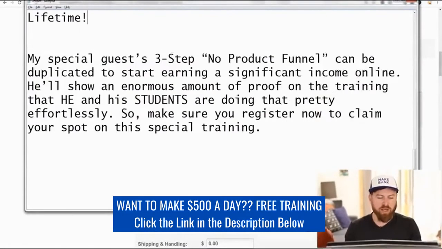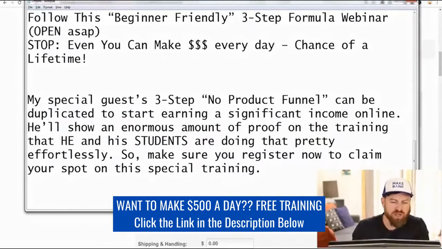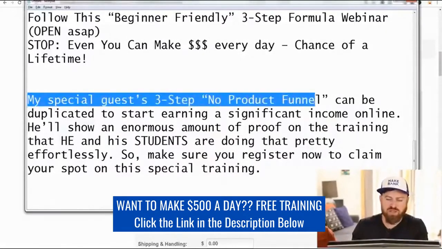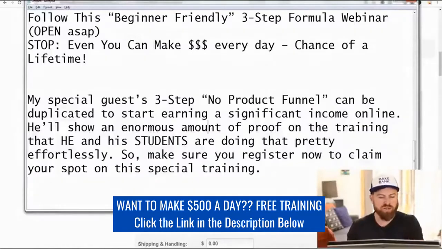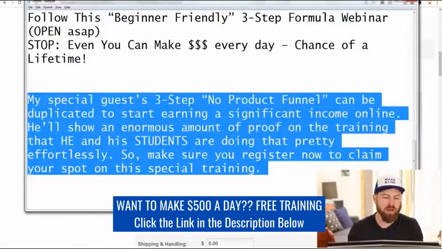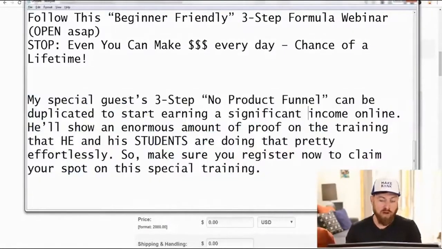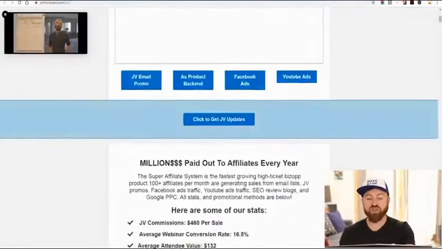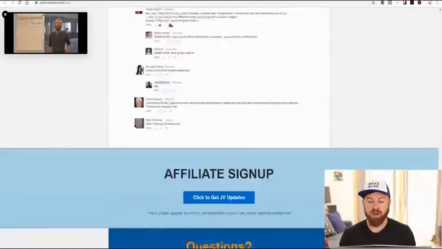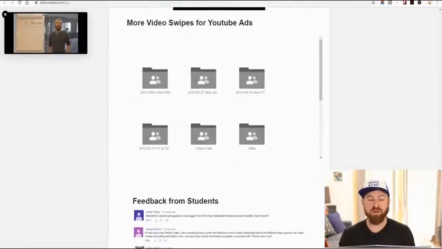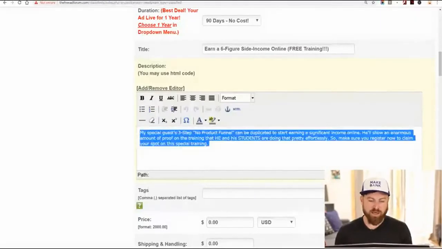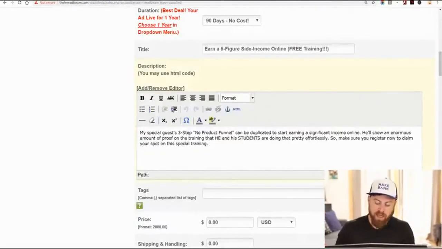Now I've put in just a sample description here, and I just say my special guest 3-step no product funnel can be duplicated to start earning a significant amount of money online. So I'm just gonna copy this, and this is something you can do too. You can write this out, and I'm gonna try to put this information on my JV page towards the bottom by the time you watch this video, okay? So it's not there right now. So now I'm gonna paste this in here, and we have the description, and